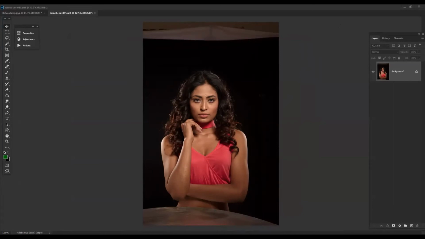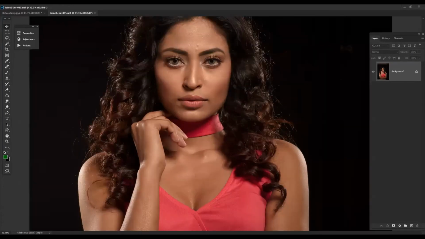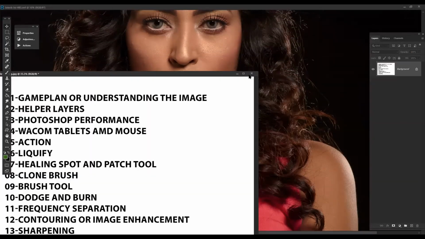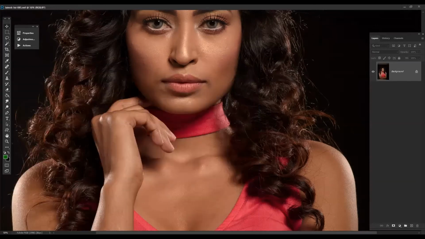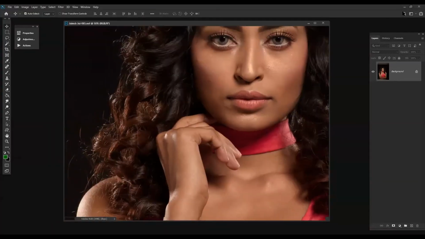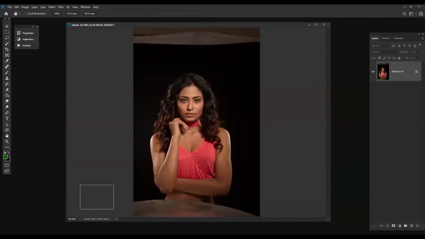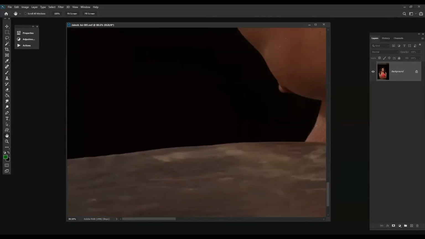Okay, fine. Are you able to see the image? Yes, sir. Okay, fine.